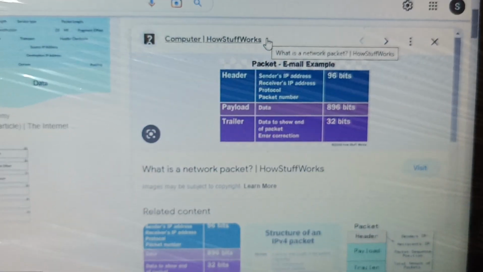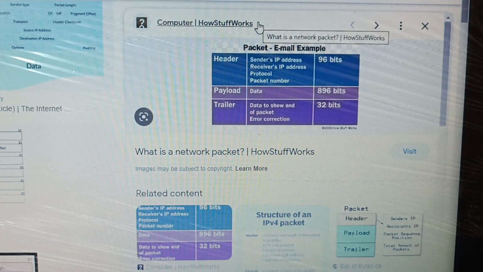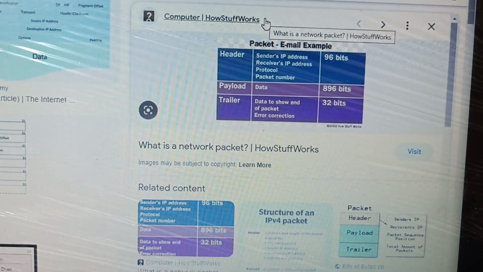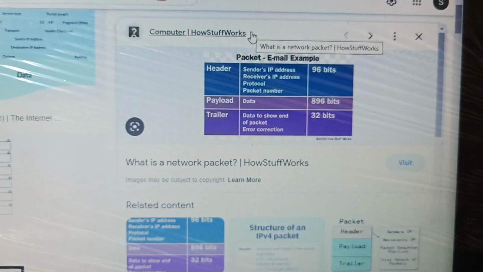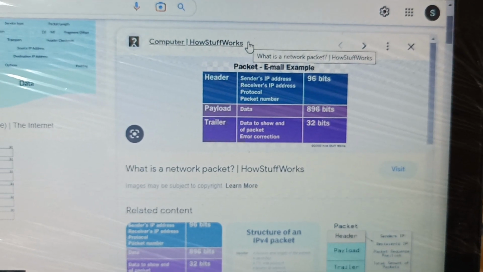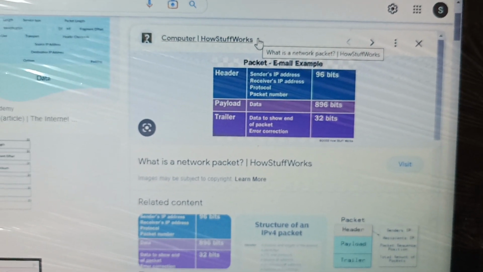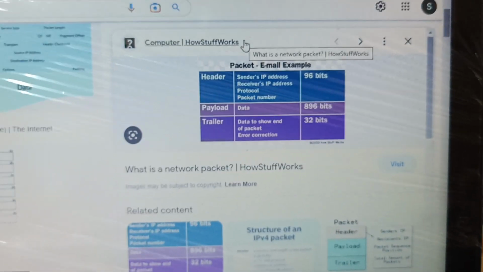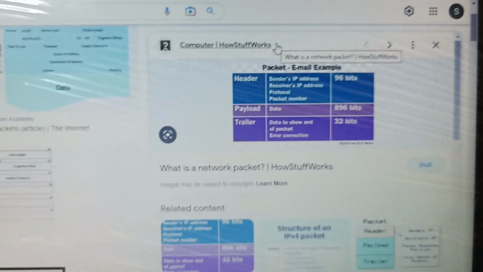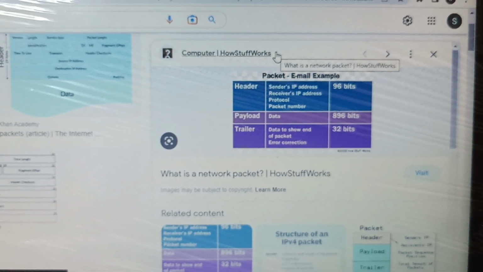Okay, all right, so let me keep my screen to this particular portion where it gives you the idea of what header contains, what payload contains, and what trailer contains. But I'm just going to give you a more in-depth explanation. Okay,